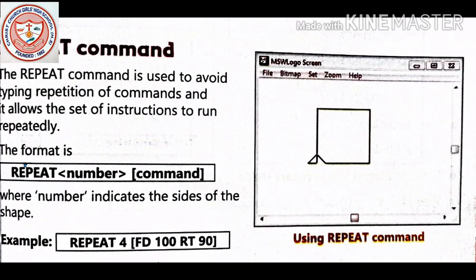Repeat means every time repeating the same thing, right? The repeat command is used to avoid typing repetition. You don't need to write the same thing every time, there is the repeat option. The number indicates the sides of the shape. For example, repeat 4, square bracket, FD 100, RT 90, then bracket close.